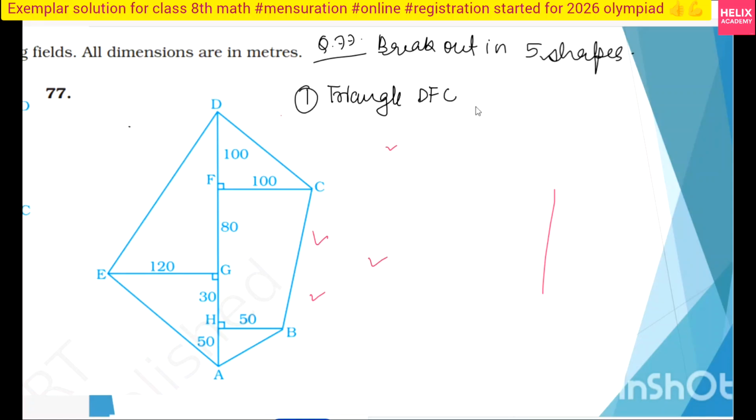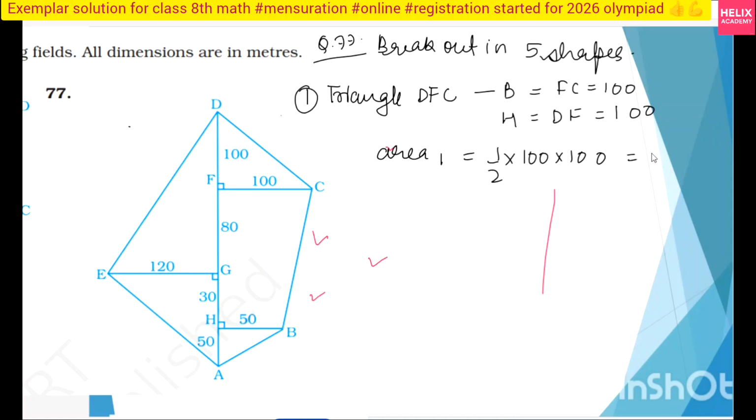DFC. Okay, so in this, the base is what? Base is your FC and it is equal to 100. Height is what? Height is your DF and equal to 100. So my area 1 will be what? Half base into height, so 100 into 100. So how much am I getting? 5,000. Okay, next is your rectangle